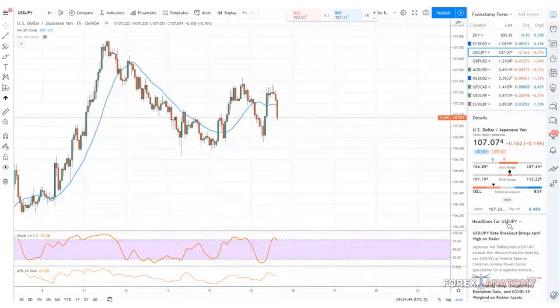$5 trillion a day is traded in this market. It's going back and forth as far as transactions. $5 trillion worth of transactions and turnover per day happens in this market. So it's the largest financial market in the world, and it's larger than the New York Stock Exchange, because the New York Stock Exchange only trades about $22.4 billion per day. So you've got 22.4 billion compared to 5 trillion per day. In a nutshell, the New York Stock Exchange is very, very small in comparison to the foreign exchange market.